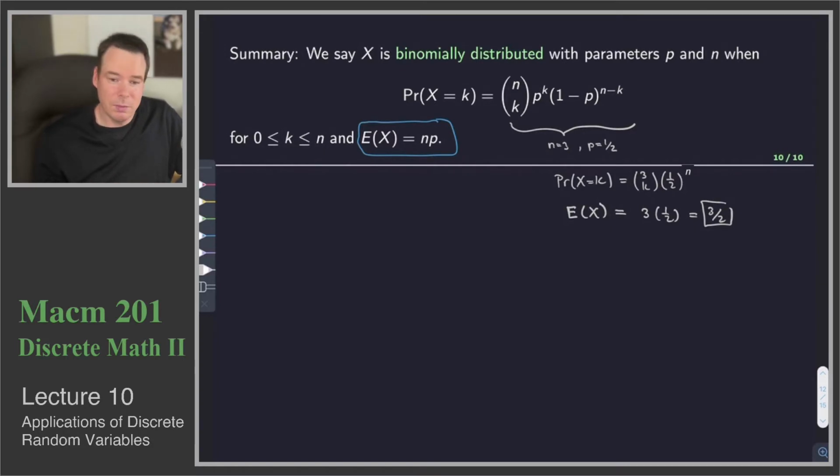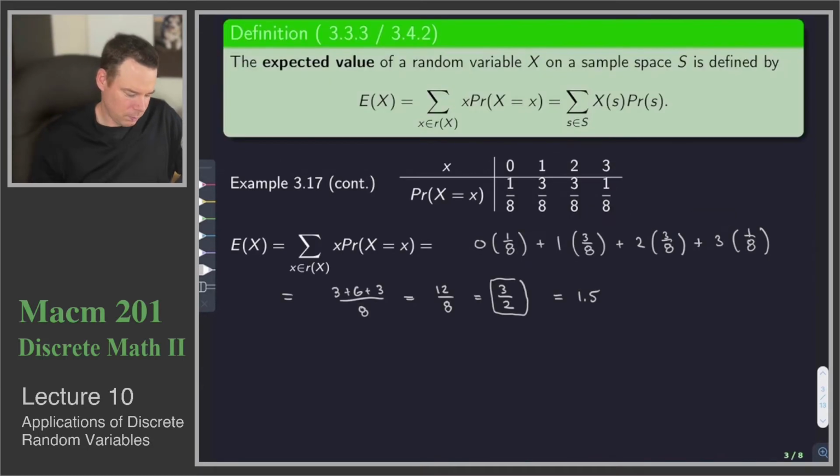So the idea was, if we can make an observation that our probability distribution is binomially distributed, or geometrically distributed, then we have already computed the expected values in those cases in general, so we can use those results as well. As an alternative, I just want to show you that we could use